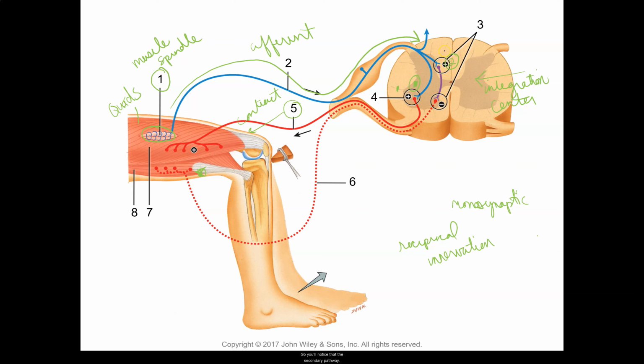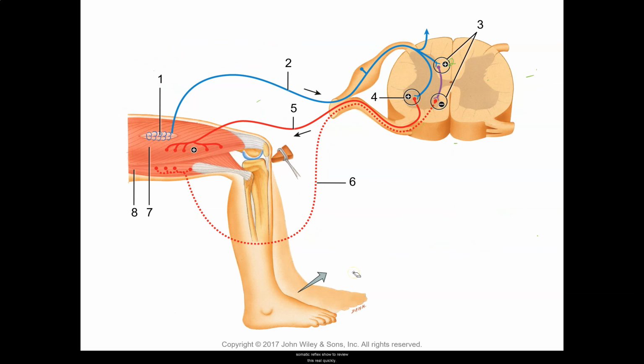So you'll notice that the secondary pathway is going to have a dotted line, which is a motor neuron going back to it. That dotted line also has a negative sign next to it because we're inhibiting this pathway. We don't want the hamstring group to contract at the same time the quadricep group is contracting. Since the muscles that the motor neurons are going to are skeletal muscles, it's a somatic